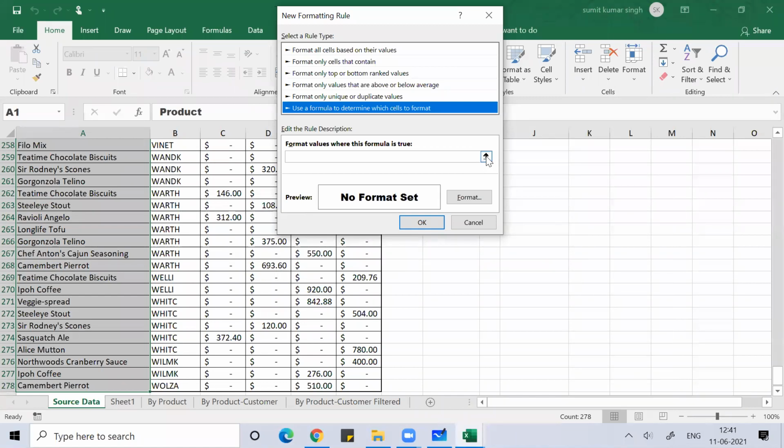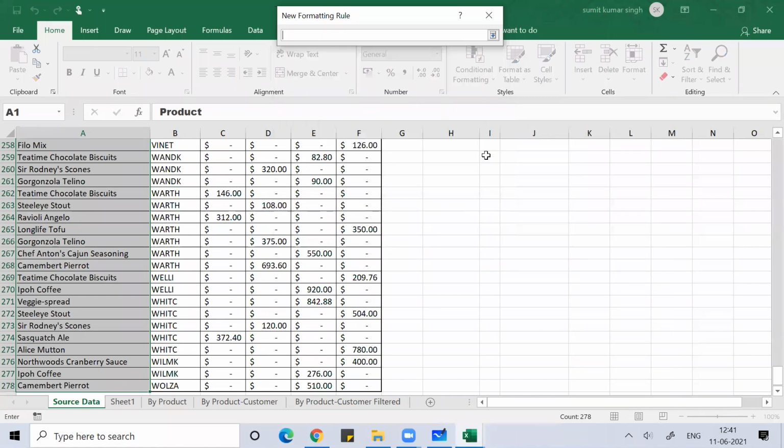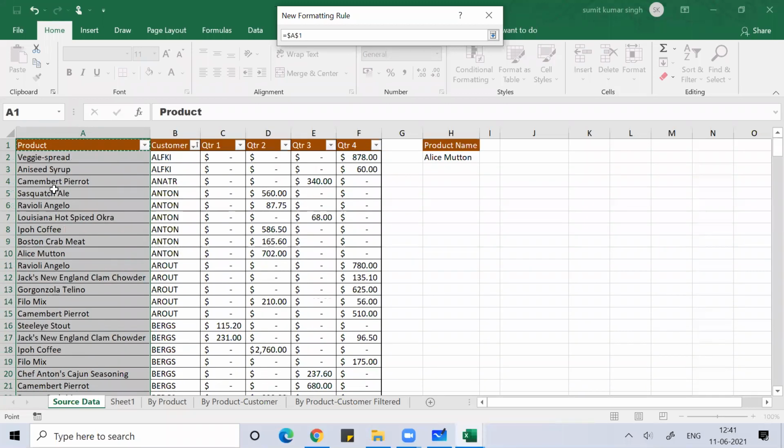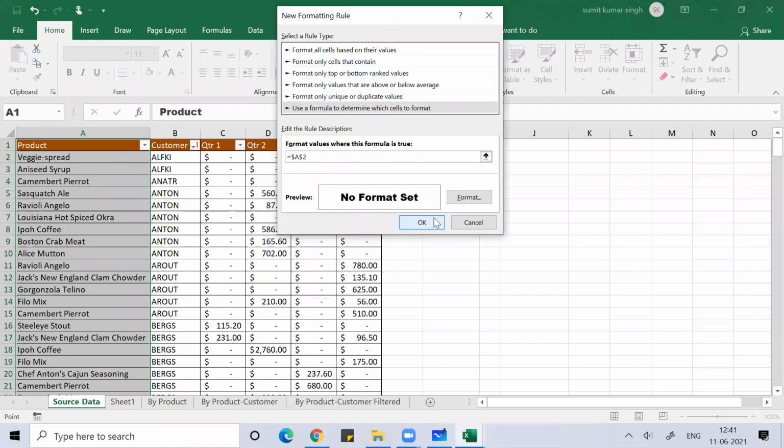Here, go to the first cell where you want the conditional formatting. Just remove this dollar sign here.